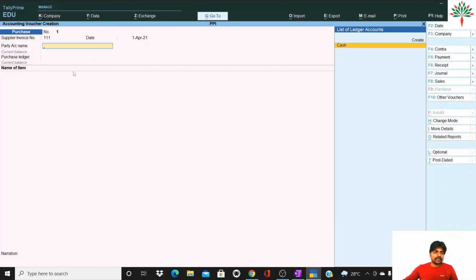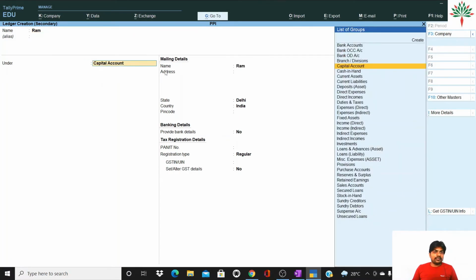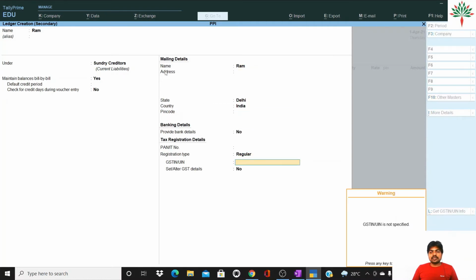Ram. Here Ram is not given, so again you will have to create a party name. How can you create it? Again the shortcut key, that is Alt plus C. Now the name of the party is Ram. Ram will come under which head? Ram is our creditor, so it will come under sundry creditors. Okay, the rest of the details you will fill in here. Okay, I am skipping it.